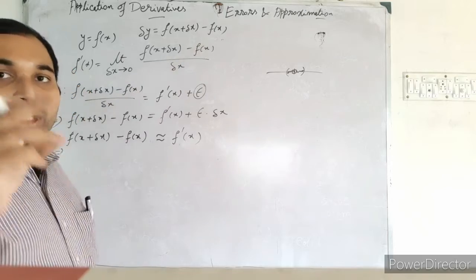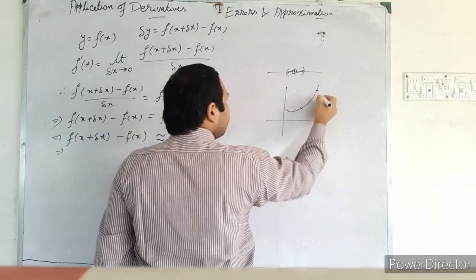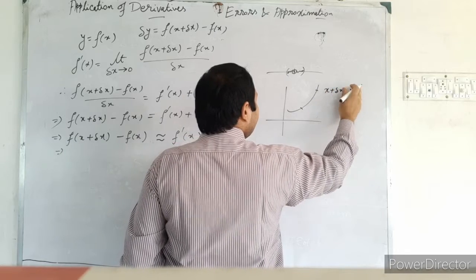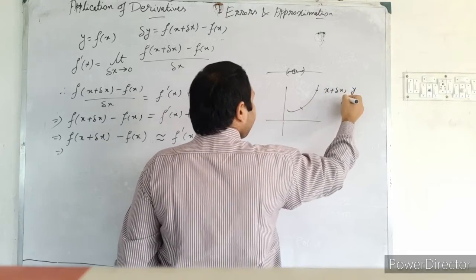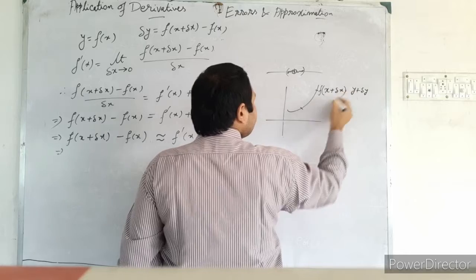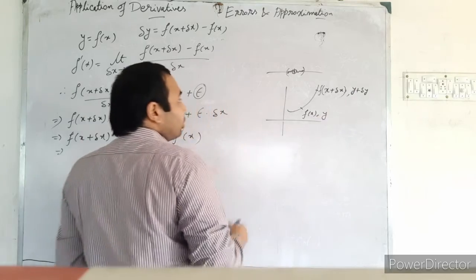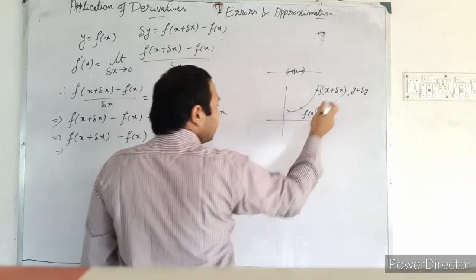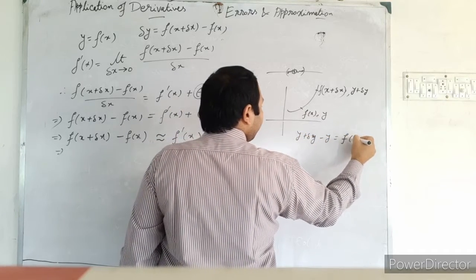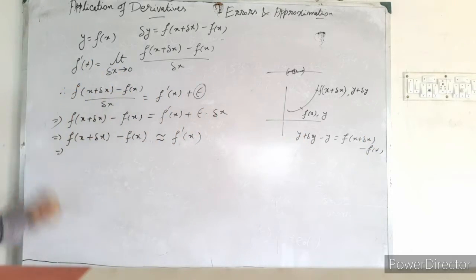increment of the values from the definition. The geometrical interpretation there I have told like that, from here to here it is coming. So it was the value here x plus del x, and here y plus del y, this is f of x plus del x, and here it was f of x and y. So if you just take out this one, that is y plus del y minus y equals f of x plus del x minus f of x. So from here del y equals f of x plus del x minus f of x.